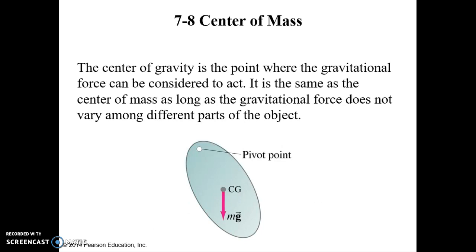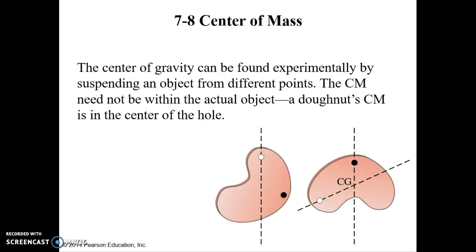Now, the center of gravity is a point where the gravitational force can be considered to act. It's the same as the center of mass as long as the gravitational force does not vary among different parts of the object. And we'll use the subscript Cg. Another way to find the center of mass in this example,